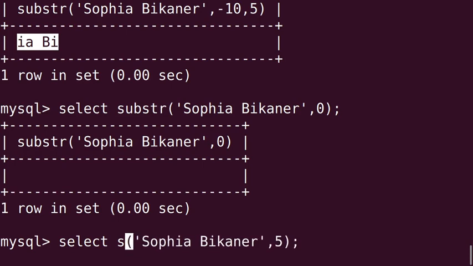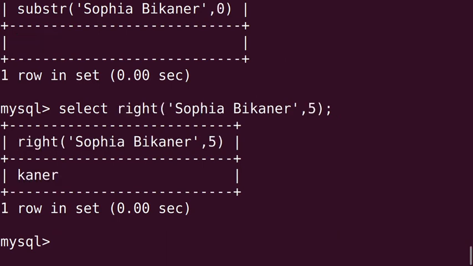In place of sub-str we can write right. From the right side we are picking 5 characters and the same thing we are getting in the output: KANER.